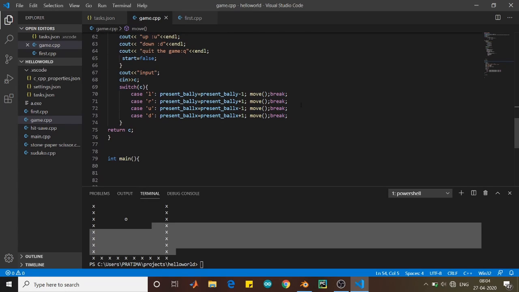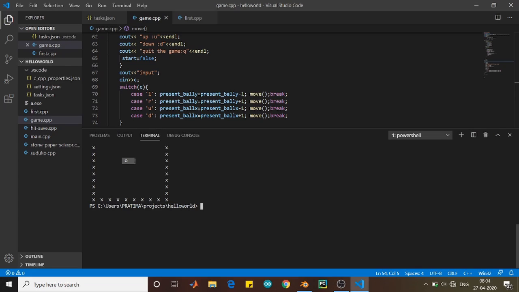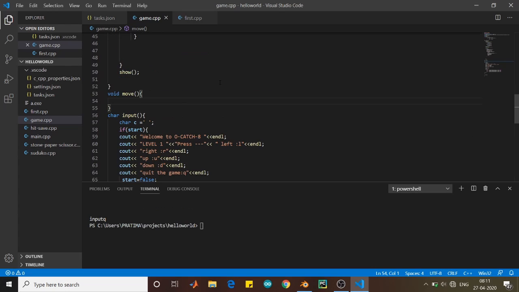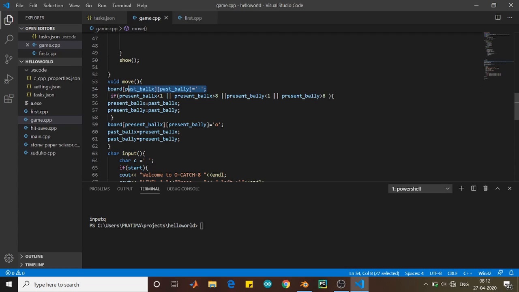If you want to understand the logic, consider this O as 3 and 4. If you consider it as 3 and 4, and you know that while going from left to right the j is going to update, and while going from up to down i is going to update, then I have created the logic in a similar manner to what I have described. That's only what's written in this computer language, that the past ball x and y position should become 0.